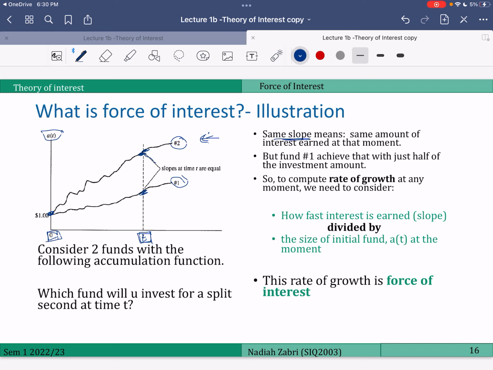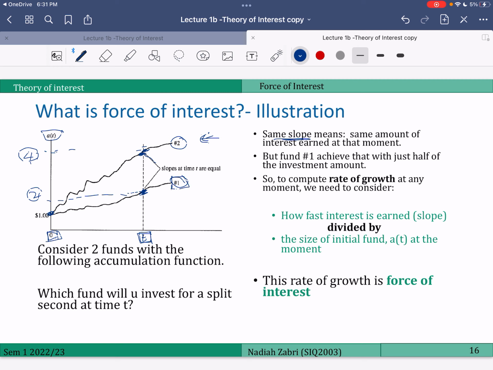However, this one is earning 10 cents with the starting investment of how much? Maybe this one is 2 ringgit, this one is 4 ringgit. So this one is earning 10 cents with 2 ringgit, and this one is also earning 10 cents but with 4 ringgit. So of course, number 1 is more